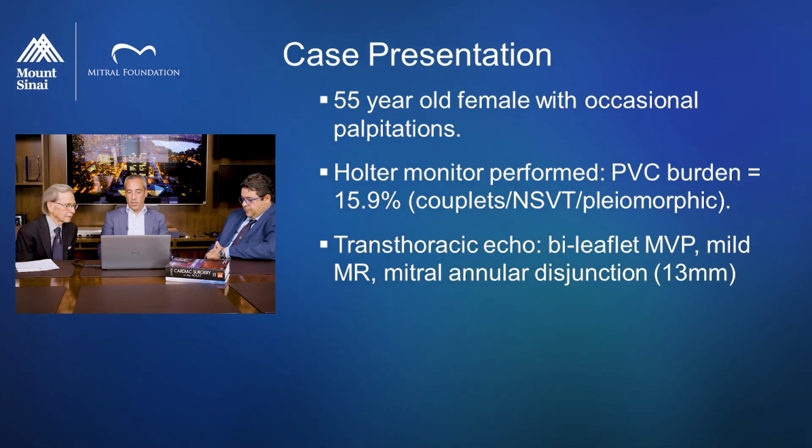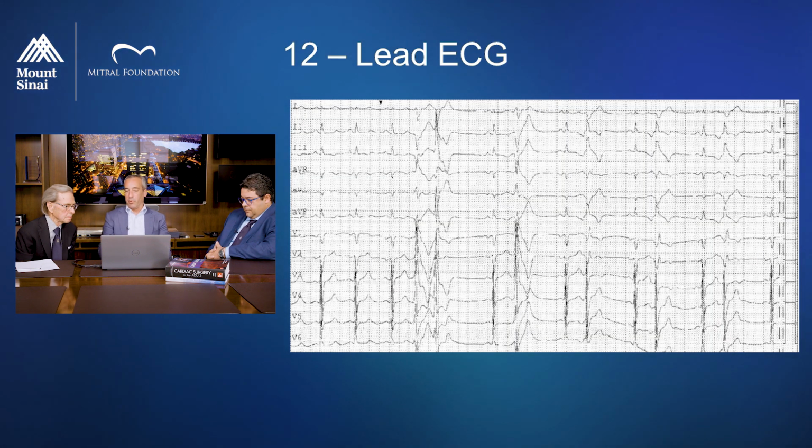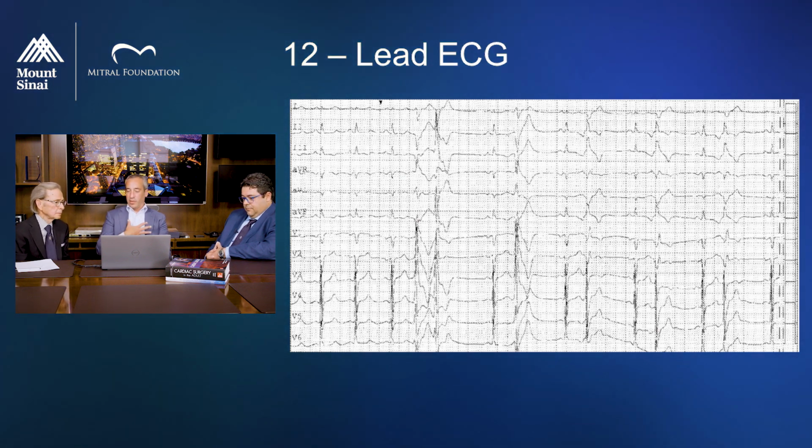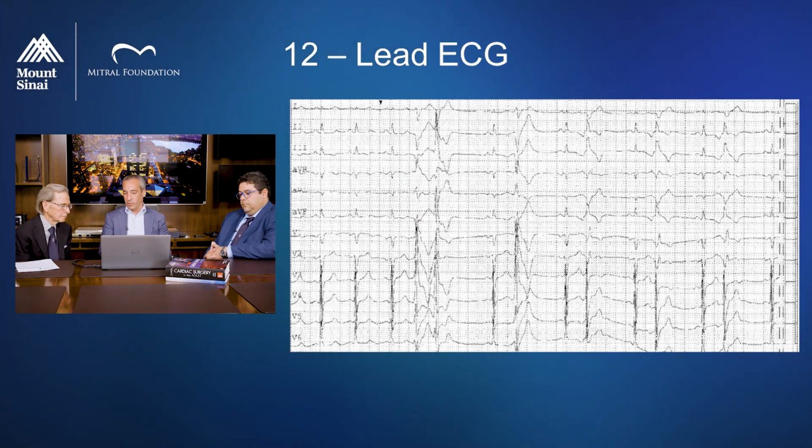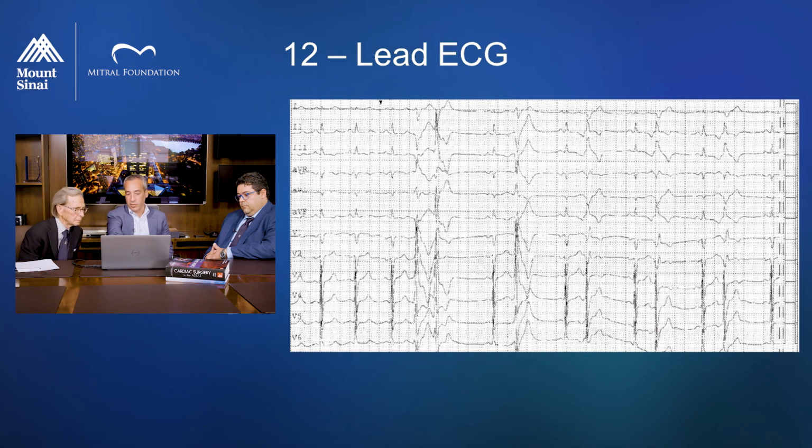Yeah. Okay, got it. So then this is just an example of the 12-lead EKG that was done. We look at this EKG, and the first thing we try to identify is what is the source of the PVCs. Is it in the left ventricle? Is it in the right ventricle? Does it involve typical structures? So in this particular scenario, what we notice, besides the fact that there's couplets, which is always concerning, is that